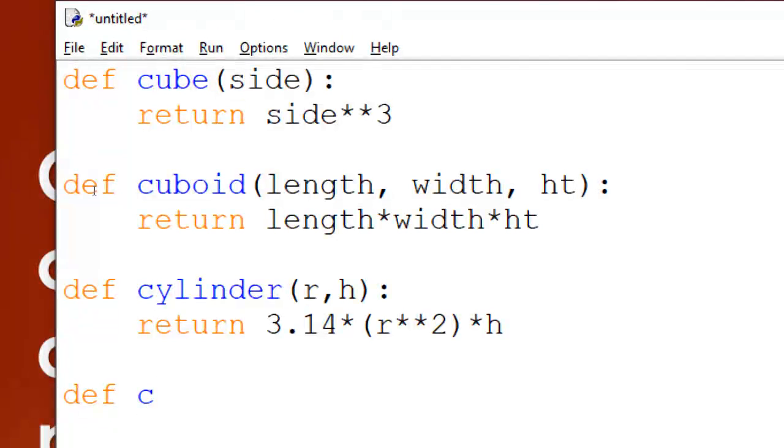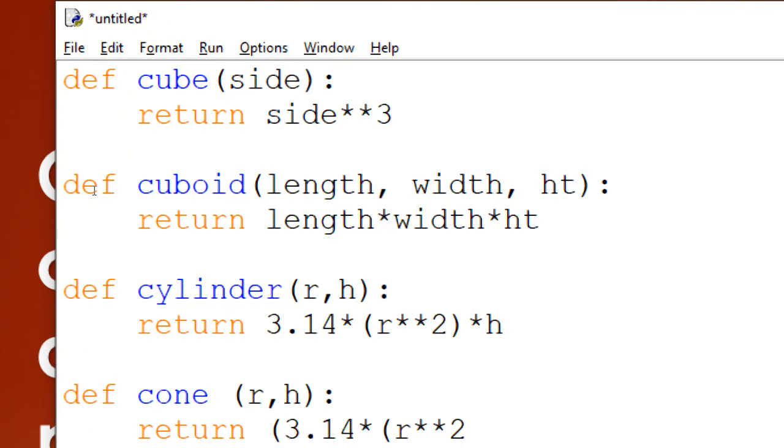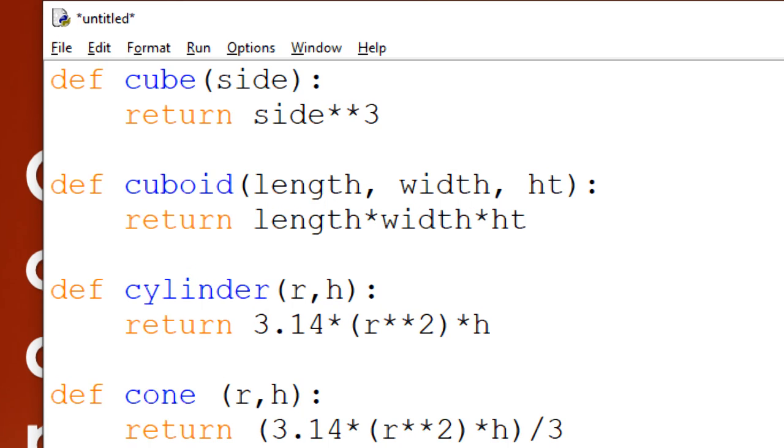So def cone, r comma h, and in this case we return 3.14 into r square into h, and then the whole divided by 3. All right, so these are the functions which I defined in the module.